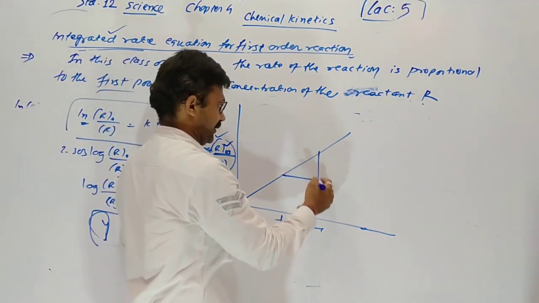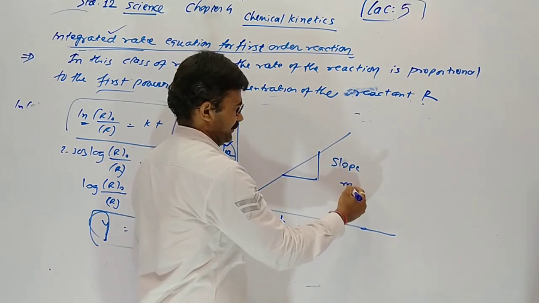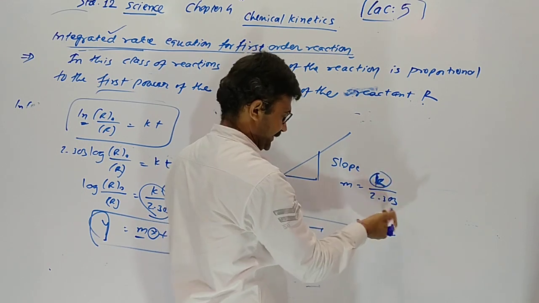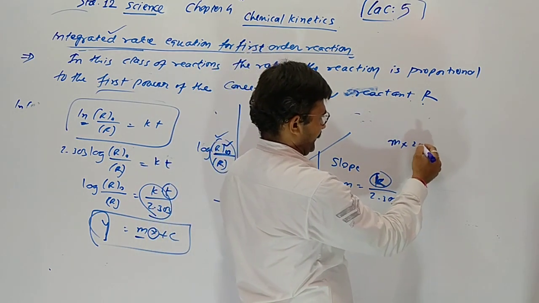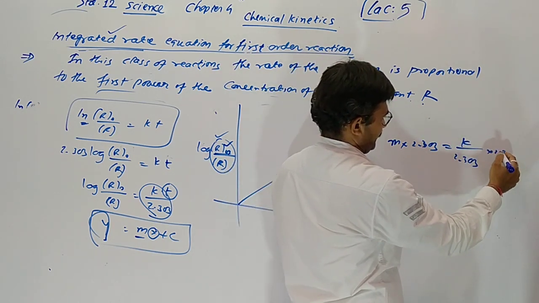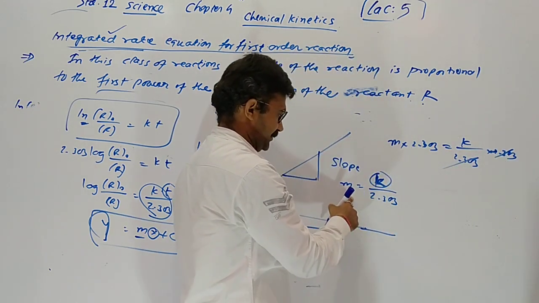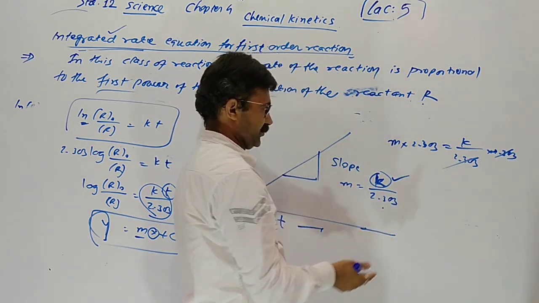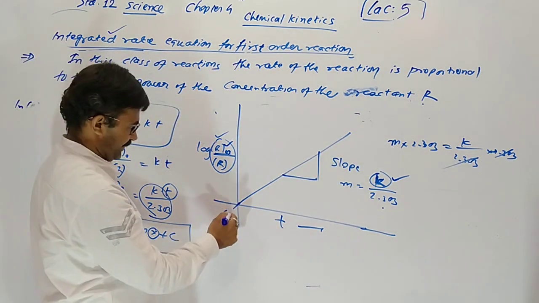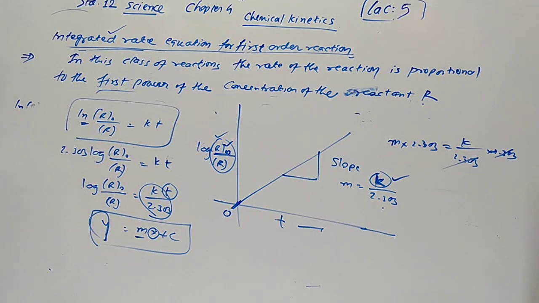M is the slope. So value of slope M here is k upon 2.303. Here also we can derive k. When value of M is multiplied by 2.303 both side, so when we multiply the slope by 2.303, k is obtained, it is removed. K we can derive. Here constant is not needed. Why? It intersects at 0 position, and MCQ is there. So value of slope will be k upon 2.303.